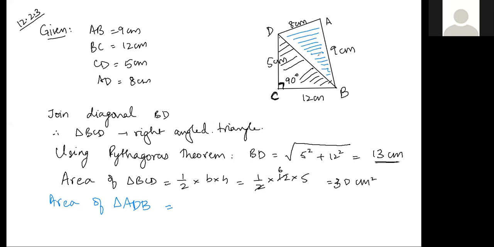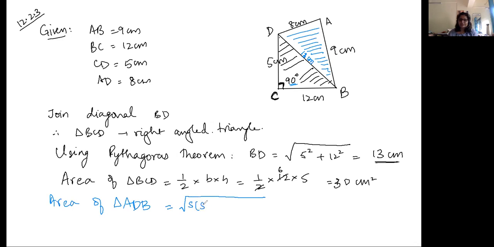Yes. Because here, is a perpendicular necessary? We don't know. To find the 13 centimeter side? Yeah, because without the third side, how will you find the area of ADB? For only the blue color triangle, 13 centimeters is necessary, not for BCD, no? No. BCD can be done with half base height because we have 90 degrees. So for this you need to use Heron's formula because we just know the three sides.